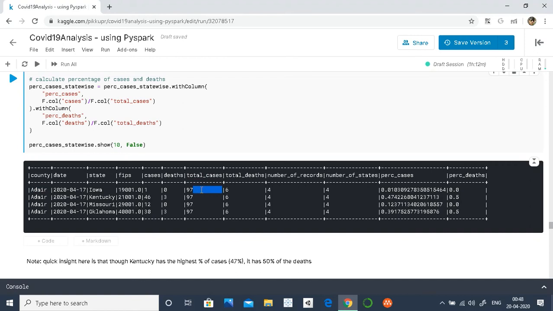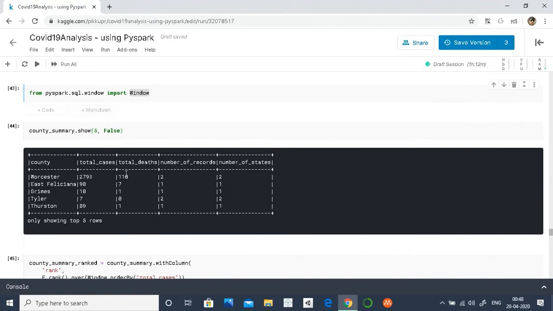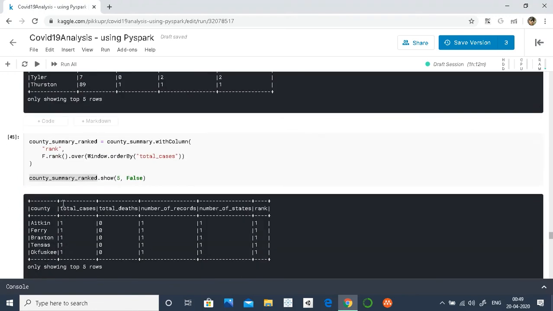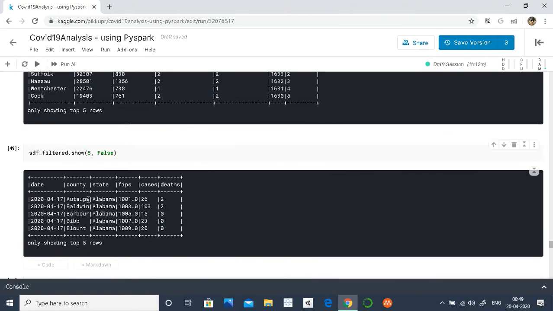Once we had the county level data set, we merged it with the state level data. So this was the county data set in which we have the total number of cases, another metric across the county. We merge it with the state level data set like this on county to get the total cases.